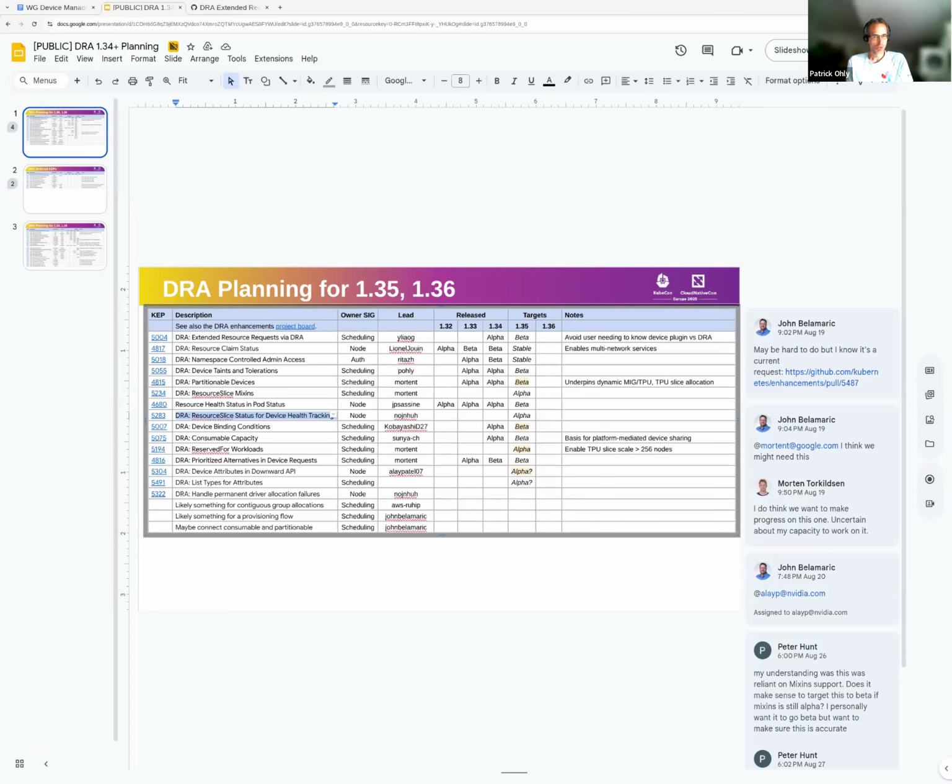Yeah, that could also work. I suppose it doesn't need to be in the resource slice status. It could also be a separate object. Okay. My thinking was with resource slice status.